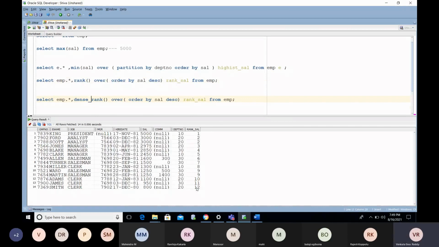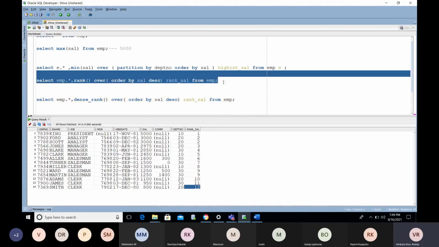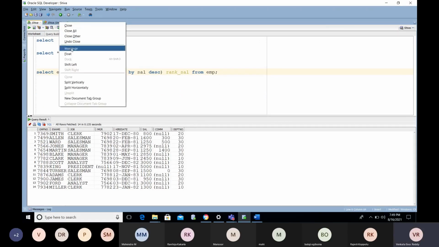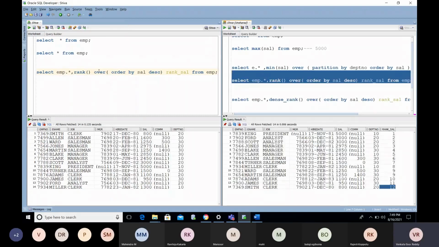I said we need to get a maximum of 12 ranks only, and now we are getting the 12 ranks. Have you observed? I'm going to create two sessions to understand this, because an interviewer may ask this every time. In an interview, they will definitely ask this.